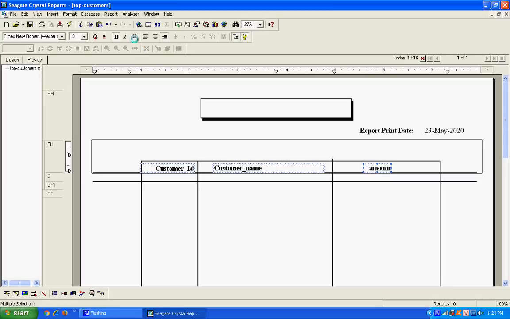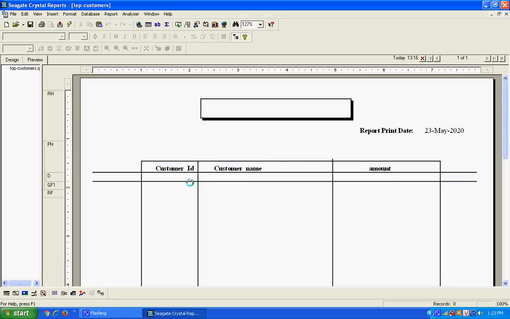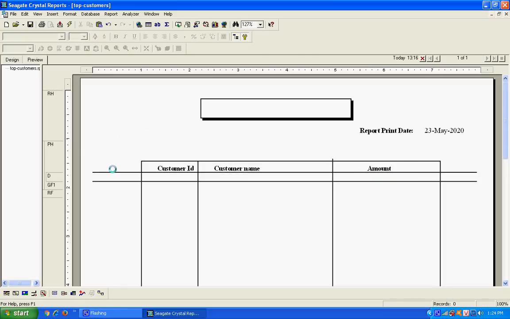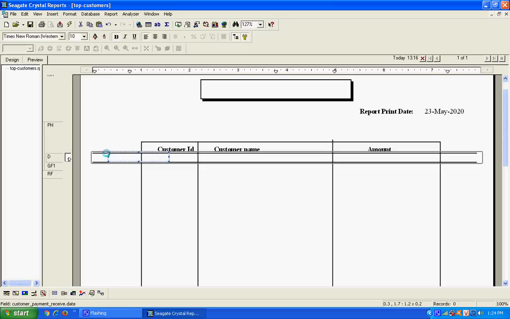We are going to remove this line, and also there is some format we need. Amount is capital at this time. These lines we want to remove. What is this? Payment receive date we don't need at this time.